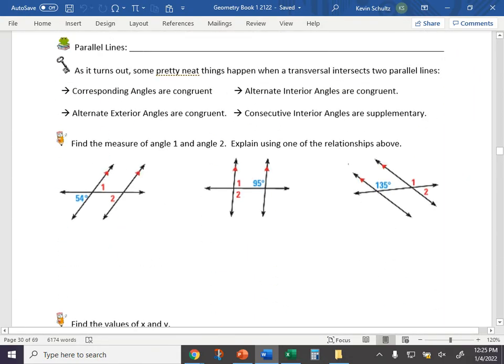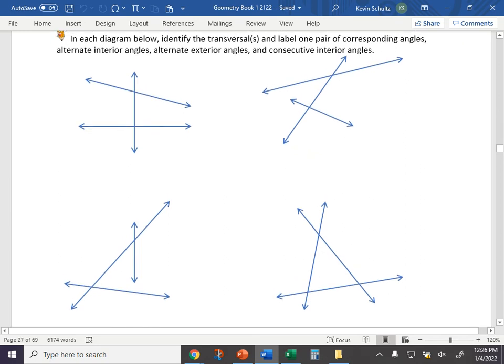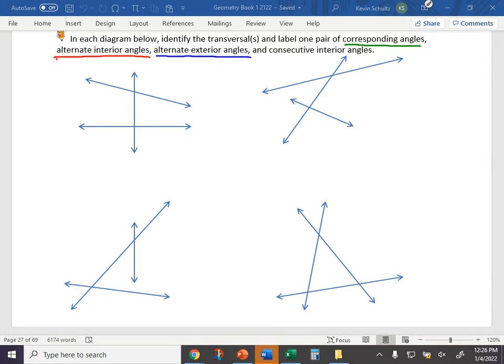Okay. So, back to this here, right? Getting these relationships down. It says, in each diagram below, identify the transversal or transversals. Label one pair of corresponding angles, alternate interior angles, alternate exterior angles, and consecutive interior angles. If you've got multiple colors, this is a great time to break those out. If you want to do each type of angle in a different color just to keep them straight, okay? If you don't, that's fine too. If you just want to abbreviate it with a C or an AI or an AE or a CI, that's